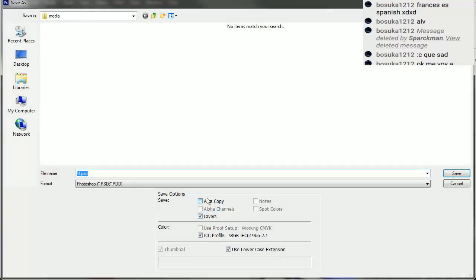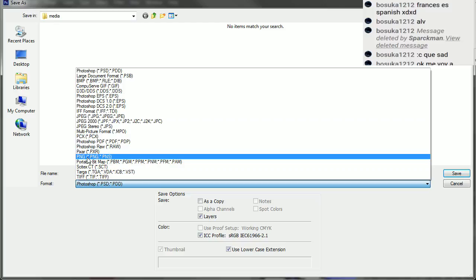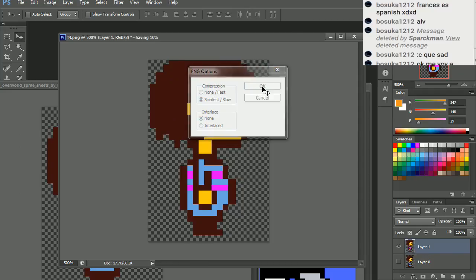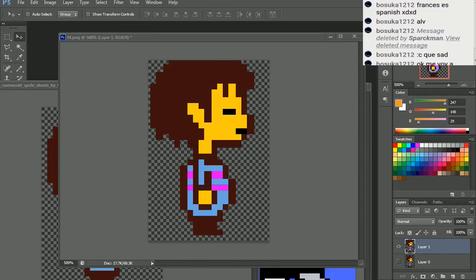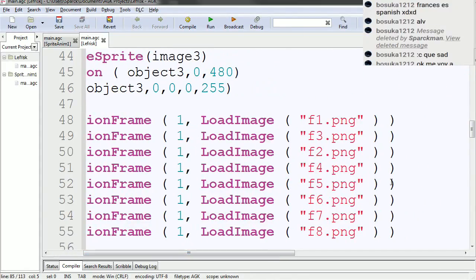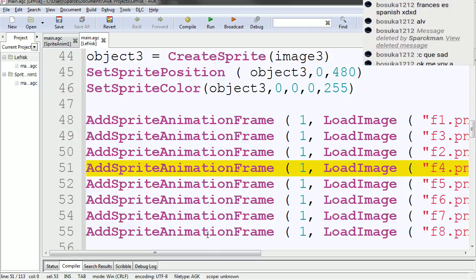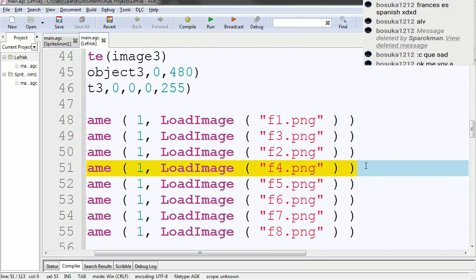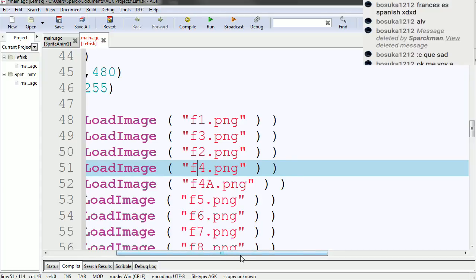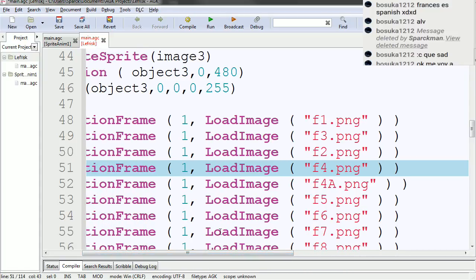Okay, so let me just save this as something else. Like, it'll be like F4A. Okay, so I know it's an addition. Let's see. Let's load that frame. Copy this, and let's load the frame. Okay,